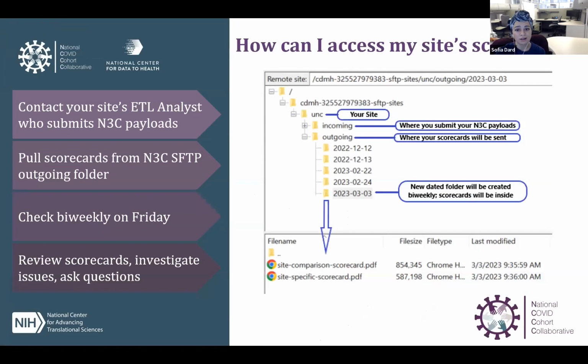Some of you might be wondering, so where and how can I access my site scorecards? Your first step would be to contact your site's ETL analyst who submits the N3C payload. They would have the site credentials to actually access the SFTP server. Ask them to pull the scorecards from the N3C SFTP outgoing folder with the most recent date and share with